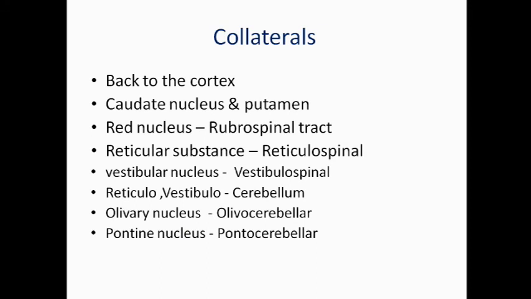And the collaterals have their importance in correcting the action, where there has to be augmentation, continuation, or many activities involved when you start any motor activity, and for that the collaterals will go back to the cortex. So out of that 80 to 90% of fibers, 1 or 2% of fibers will go back to the cortex, some to the caudate nucleus and putamen in the basal ganglia for planning. Some will go to the rubrospinal tract, and that is the reticular substance.